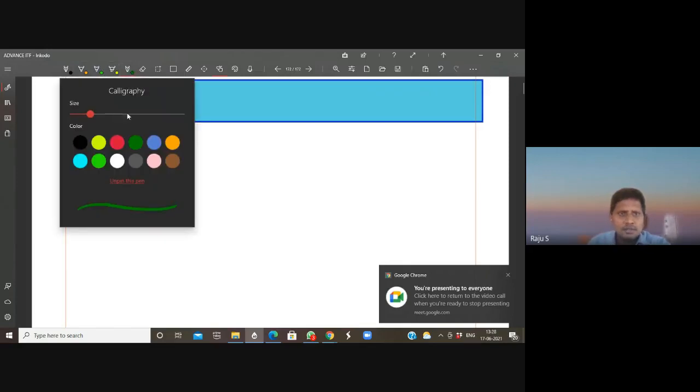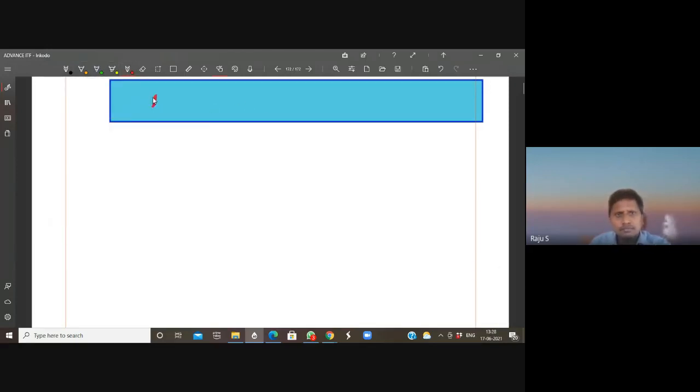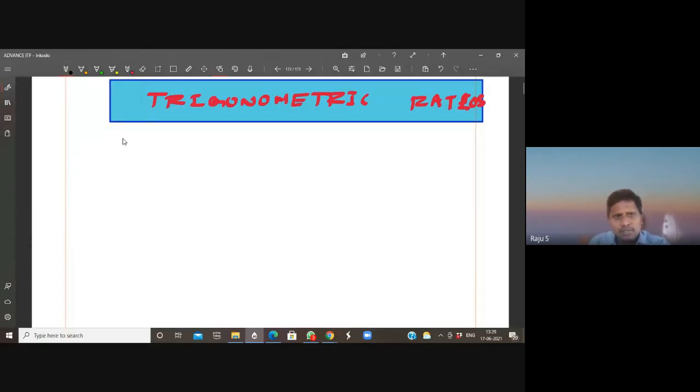Trigonometry will start. Now we are discussing trigonometric ratios. Okay, trigonometric ratios. So a few properties are given. See here, since we know that